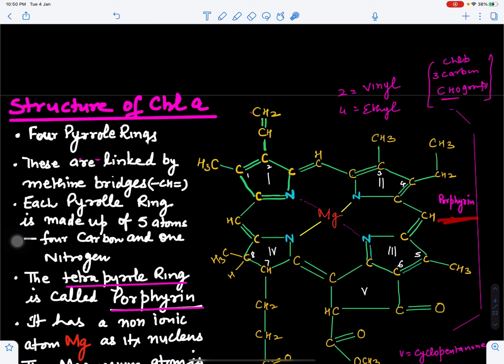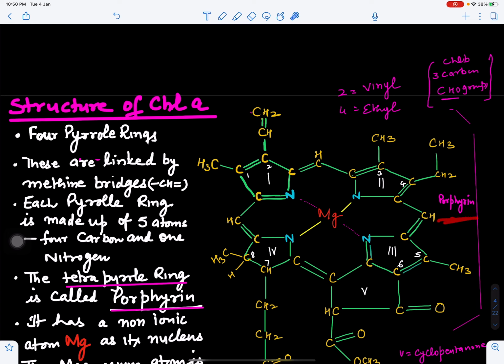And another thing which we can see here is it also has a fifth ring, right? Now this is the fifth ring here. This is called cyclopentanone, and this is attached with the third pyrrole ring, right? Is it clear? Now we can see here at the 7th position, this is the propionic acid, and propionic acid